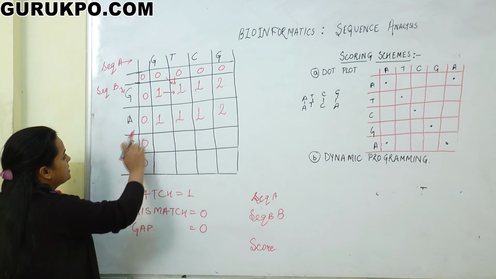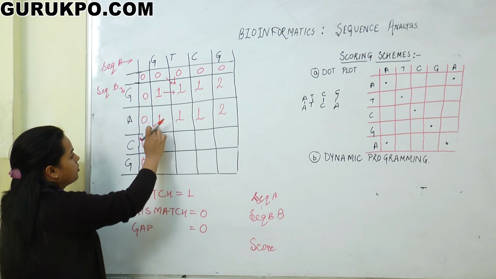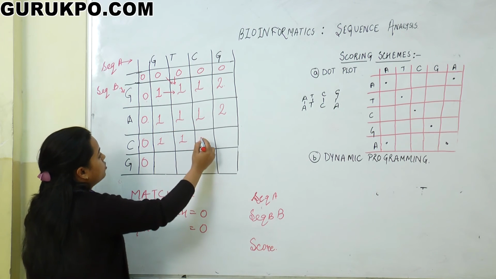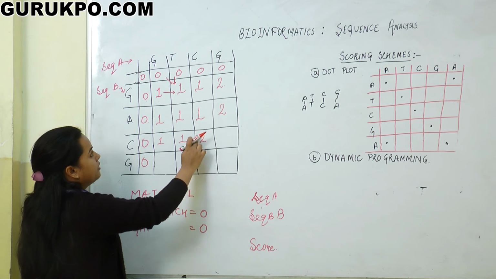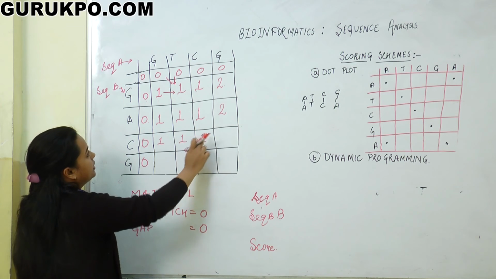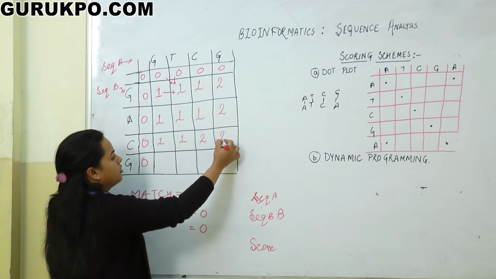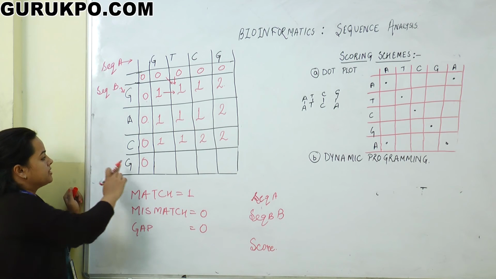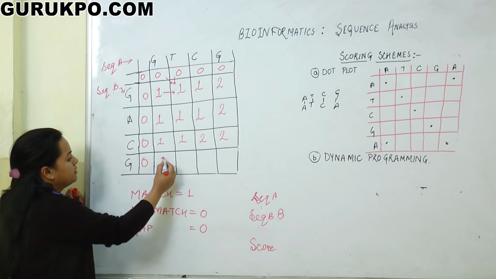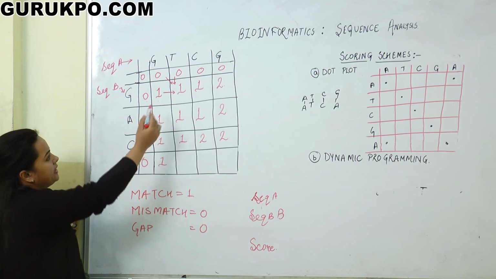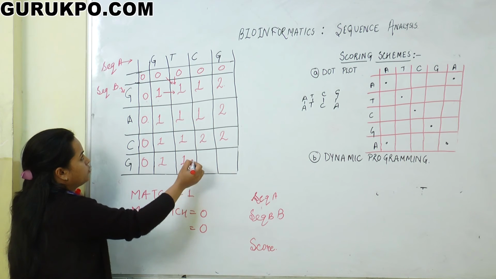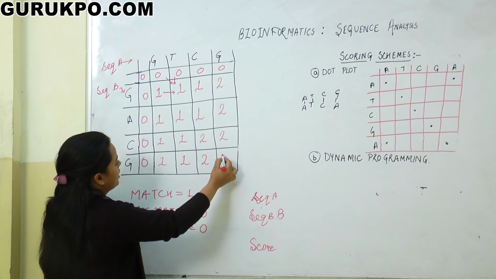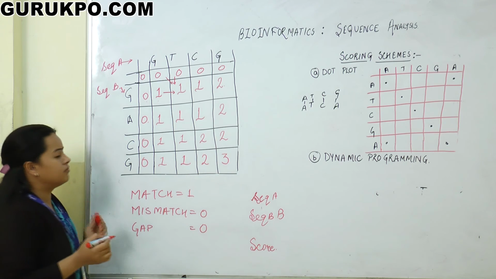For G and C, there is no match, but we will mark 1 from the above column and 1 from the side and diagonal, and for 2 as 1 from this column and 1 for the score of match. Later on, the 2 score will continue because this is the highest score, while these others are mismatches. Similarly, when G and G is matching, we will give 1 score, and G and T are not matching, again we will write 1, here 2 and 2 plus 1, 3. Therefore, this is the filled matrix.